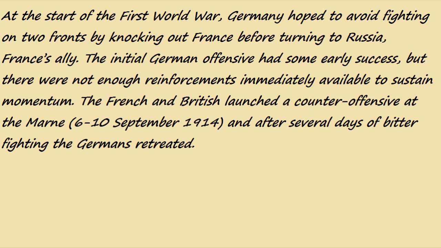For Germany, the Western Front was France and Great Britain later on, but in the beginning there was France. Then, in the Eastern Front, Germany had Russia, the Russian Empire. Now, Germany wanted to knock out France, then move to Russia in order not to fight two fronts at the